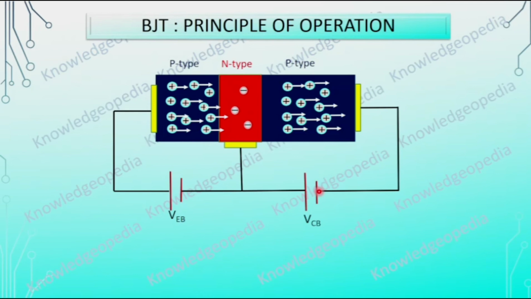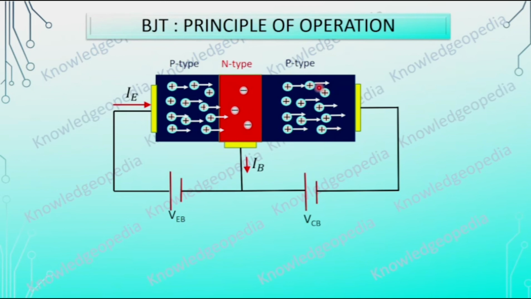Now let us see what the currents are and what their directions are. Here mainly holes are moving, right? If you come to the emitter side, the holes are moving from left to right, and we know that the current direction is the same as the direction of movement of holes. So the emitter current is from left to right, that is, it is moving into the device, and because of the recombination of holes with these electrons, there is a base current which is flowing out of the base. This is the direction of the base current IB.